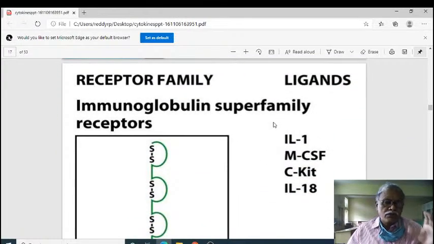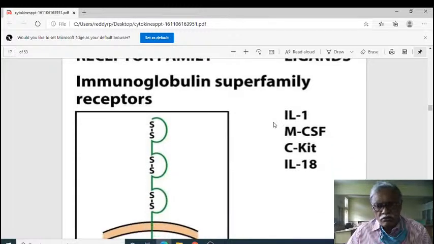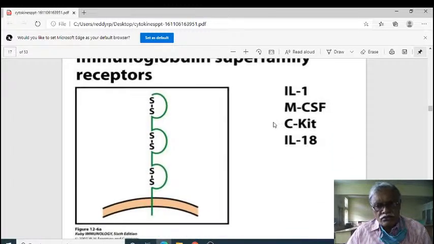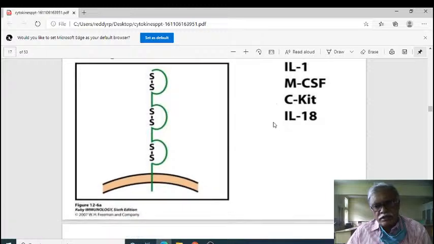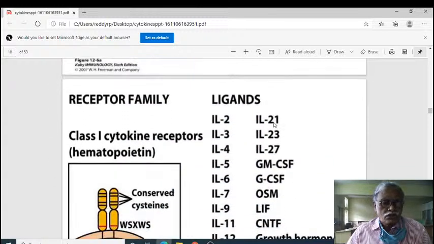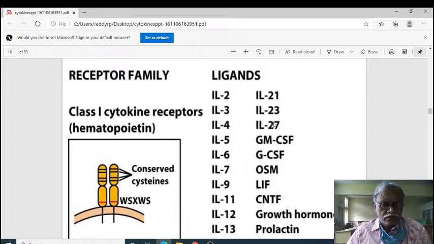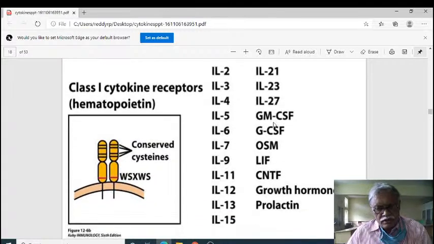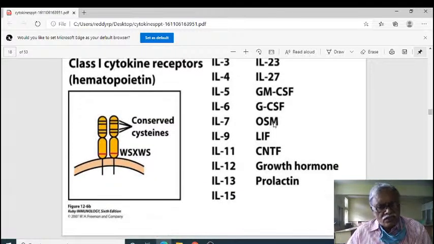The receptor family, that is the immunoglobulin superfamily receptors, have ligands interleukin 1 and colony stimulating factor and c-kit, interleukin 19. So they are all interleukins, ligands, interleukin 2, 3, 4, 5, 6, 7, 9, 11, 12 protein and conserved cysteine